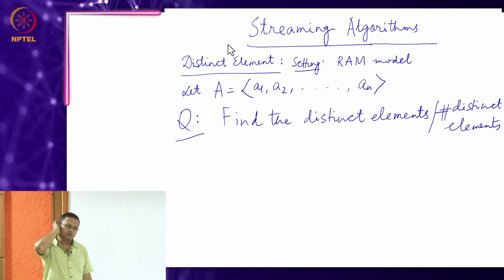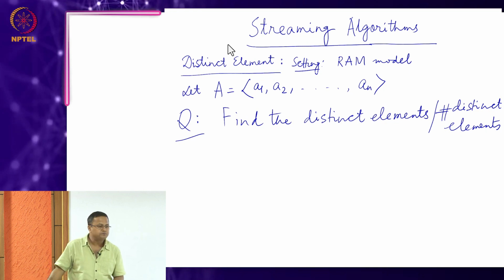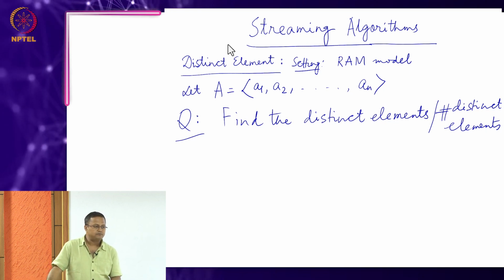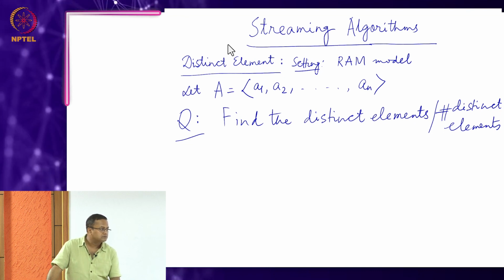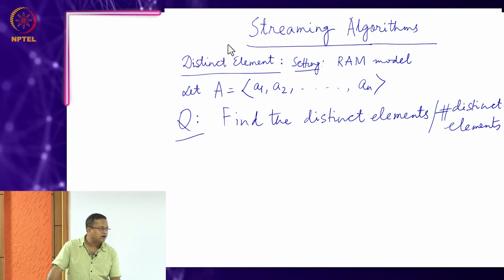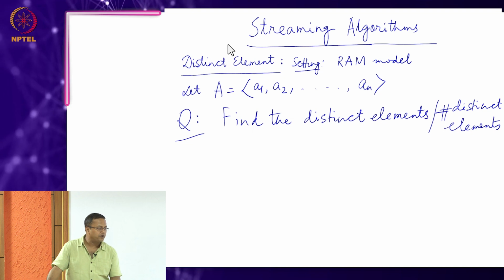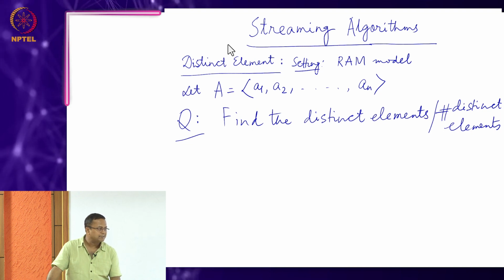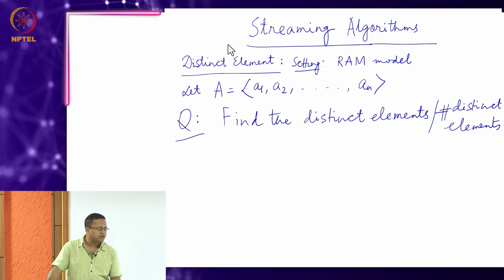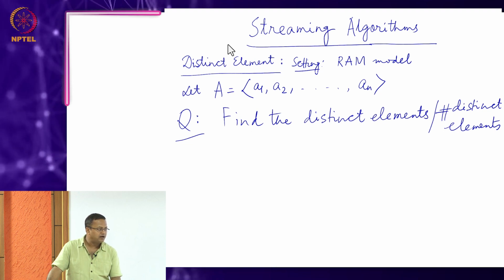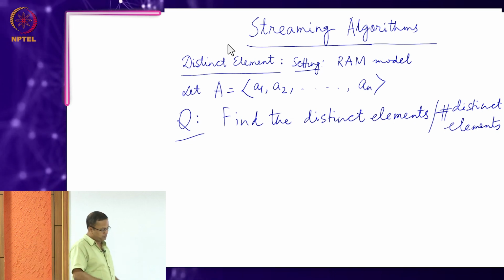What do you do in your usual RAM model to find out the distinct elements? How do you delete duplicates? How do you find duplicates? So, what time would you take? N square. Okay. So, her algorithm is you look at